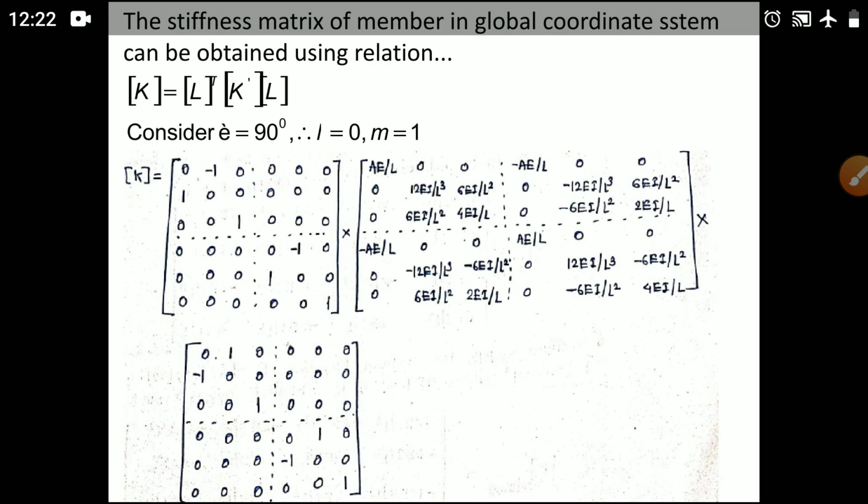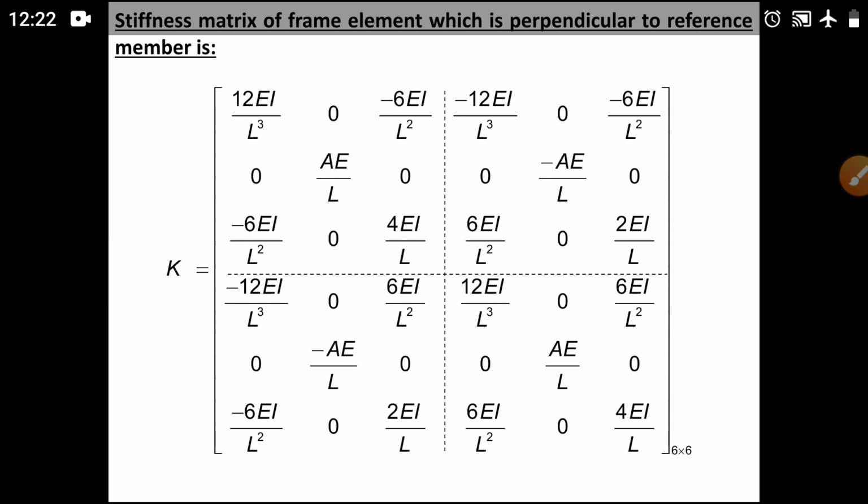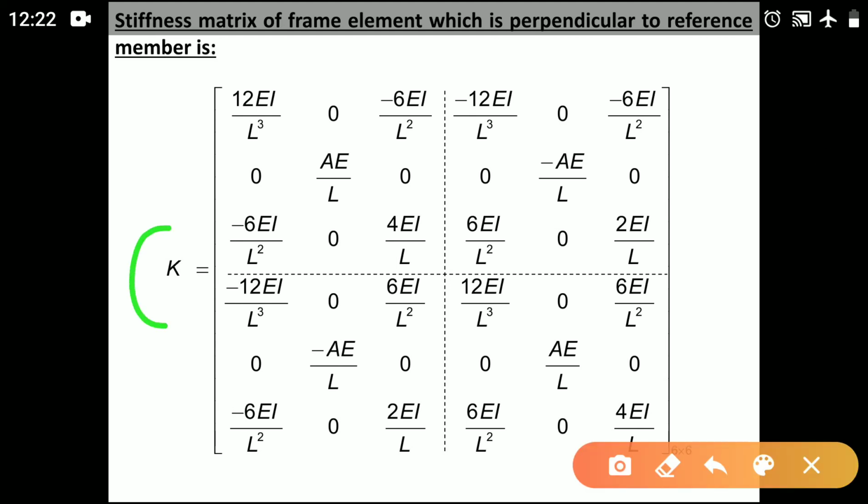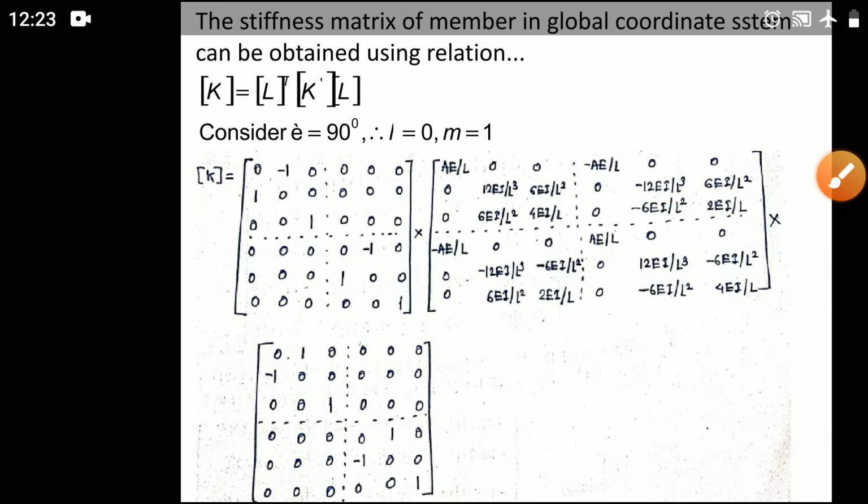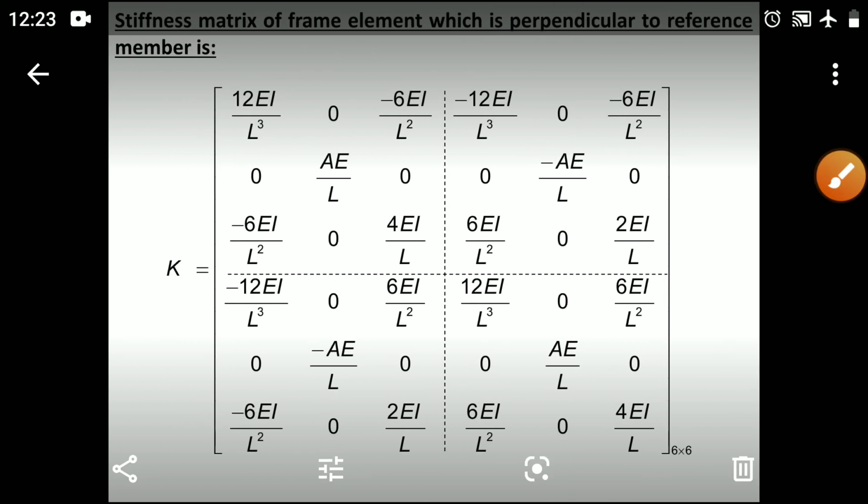So just multiplication of all these matrices will give you this last K matrix, that is the stiffness matrix for frame element, which is perpendicular to the reference member. The reference member is our horizontal member, and the frame element, if you consider the column element, so column and beam reference element, the angle is 90 degrees, perpendicular to reference element. So for that we can use this matrix. The product of all these three matrices results in this matrix,